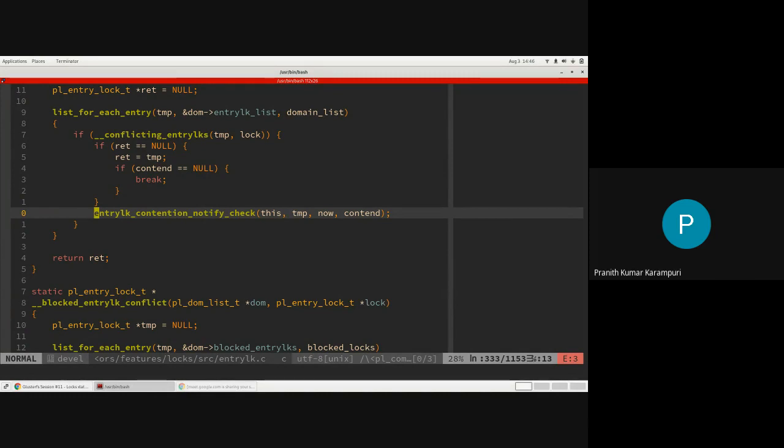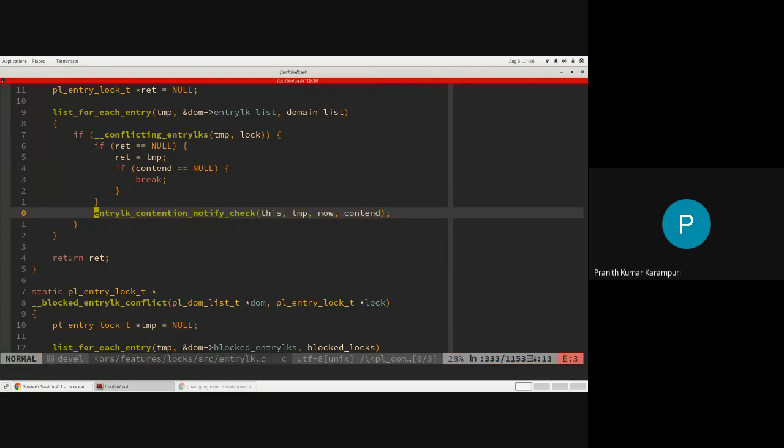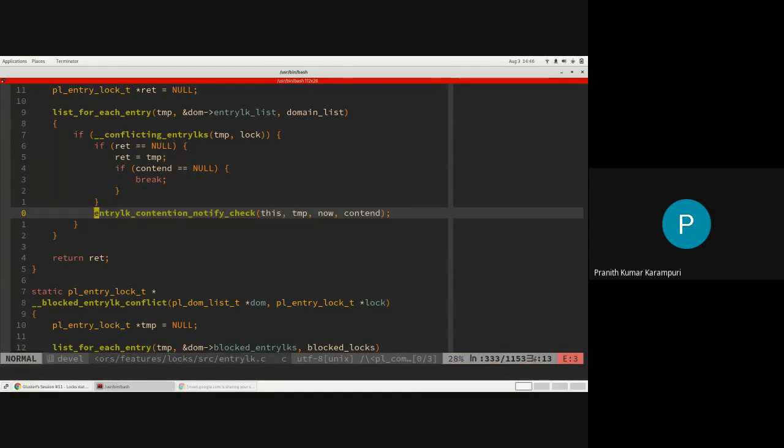This part is a bit important in the sense that you don't want two clients operating on separate directories or separate files to keep taking locking and unlocking. It is unnecessary network operation. So this is a better model where you notify the client saying, okay, now you have some conflicting locks. Please try to unlock as soon as possible. So this is the code that does that.